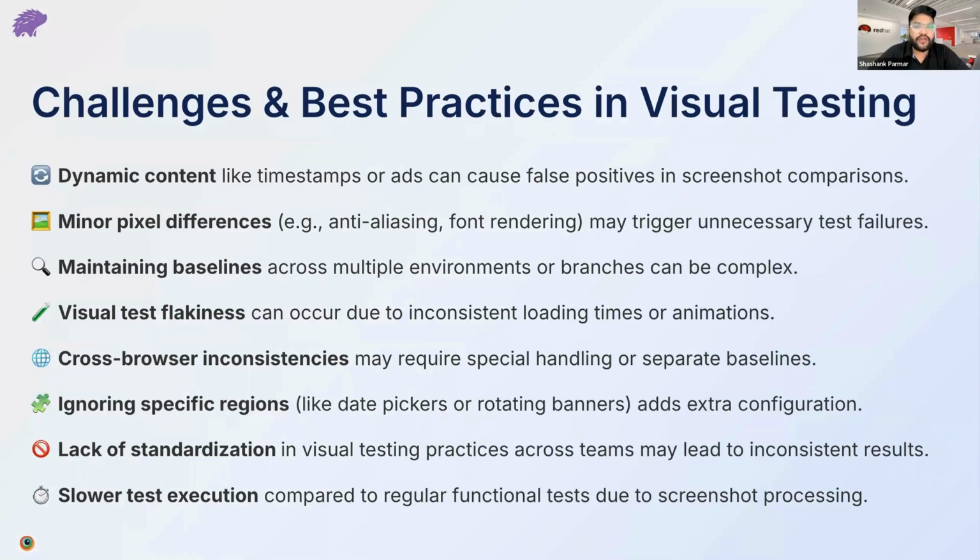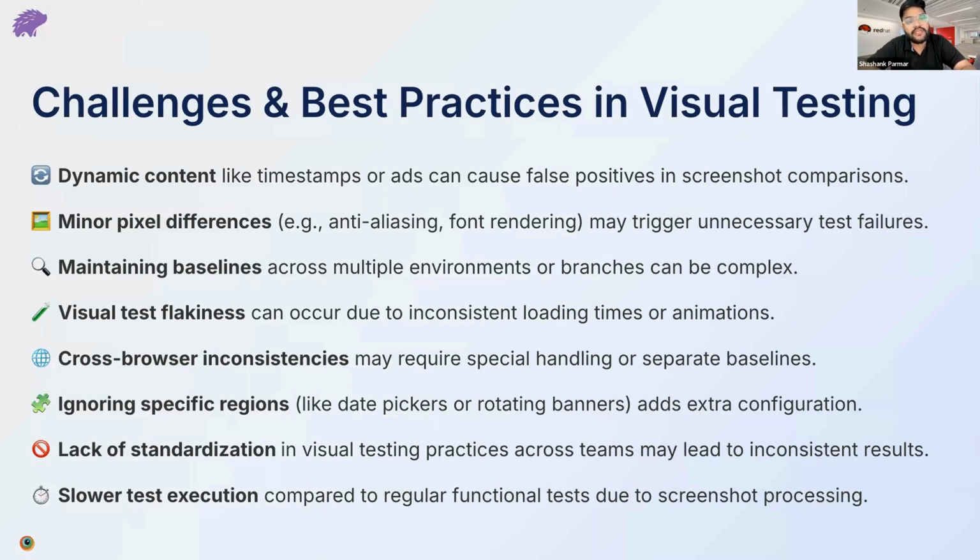So talking about this particular part, what are the challenges and best practices in visual testing? Dynamic content, for example. Suppose we have images, and in those images there is certain data in the format of digits, and the digits are dynamically changing. How do we assert that? I have explored multiple tools and faced multiple challenges regarding this, because the things listed here are basically the general challenges I have faced in